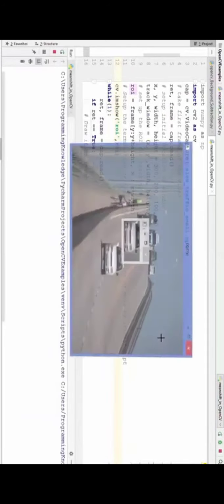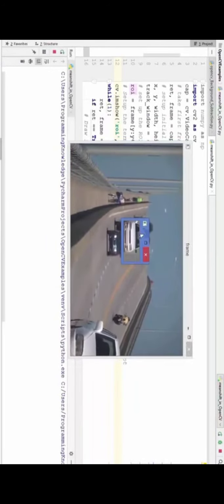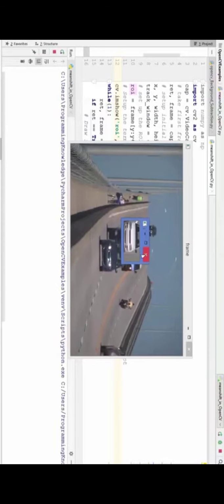But first of all, let's just see the region of interest, because we already have it. So I'm going to just write cv dot imshow and our region of interest. So let's see how our region of interest looks. So I have this video and this image, which is our region of interest, right? So this is the initial position I'm going to pass to our mean shift function, right? So now in the next step, what we are going to do is we are going to define the histogram